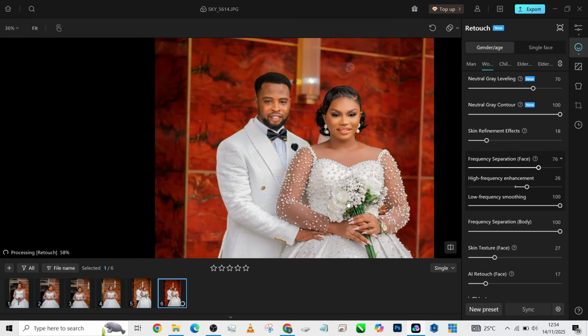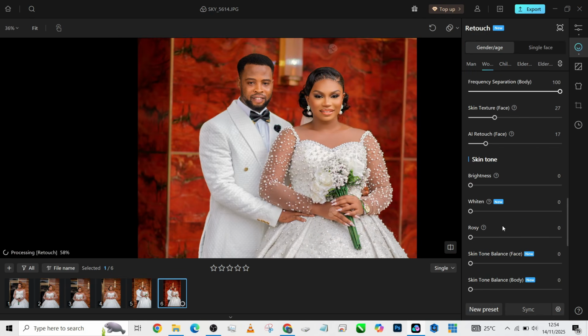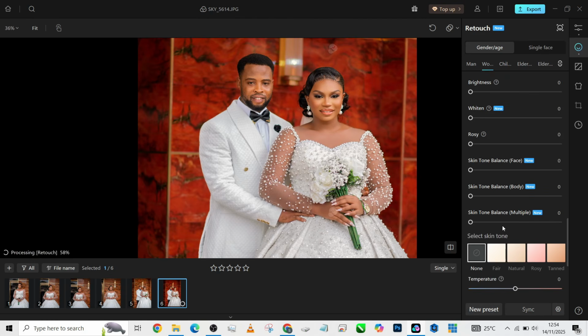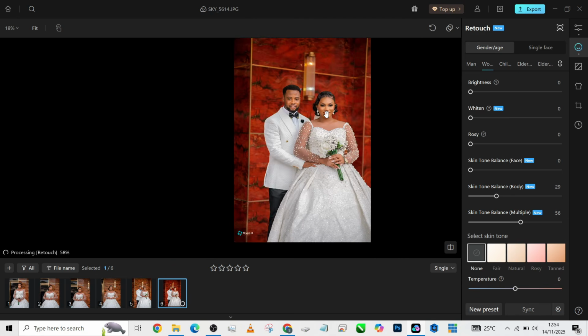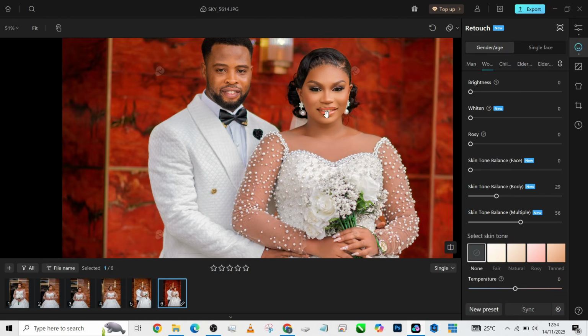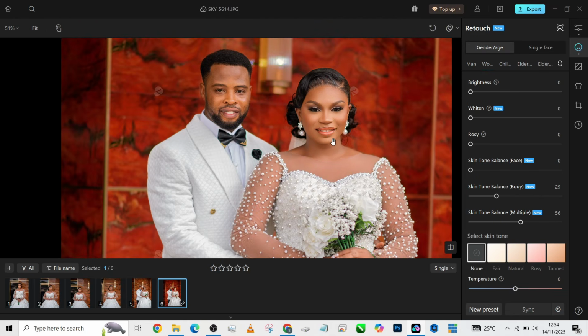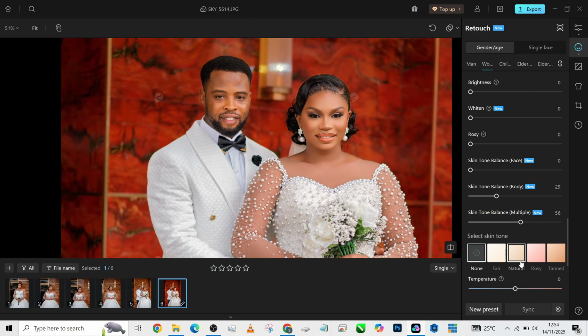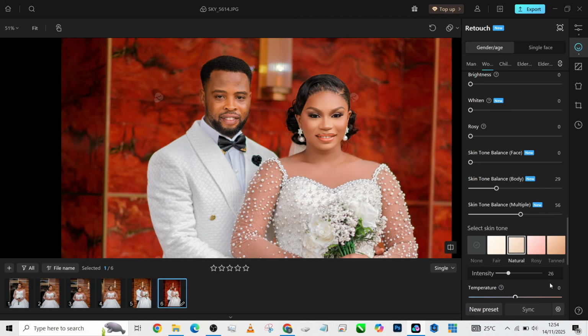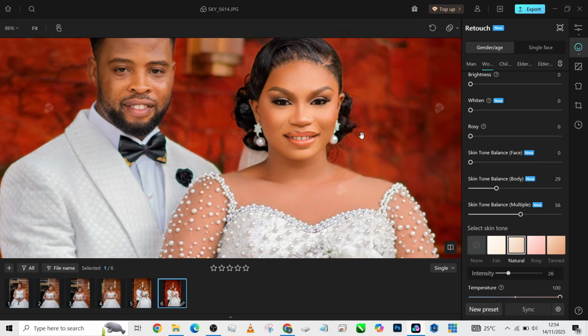AI retouch. Now we'll have a uniform skin tone, but let's try unifying it more. Going to increase the skin tone balance multiple so that it brings together both the face and the body. So you can decide any skin tone you want for the image, right? Looking at the image, you're going to notice that she's quite a light skinned person. So we'll go for something more natural. Bring it down a bit, then increase the overall warmness of the skin tone to get a very beautiful skin